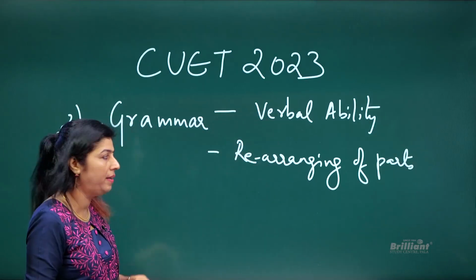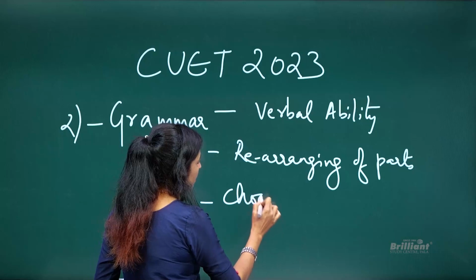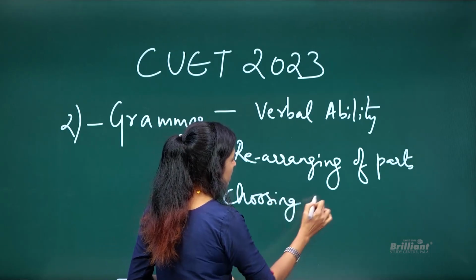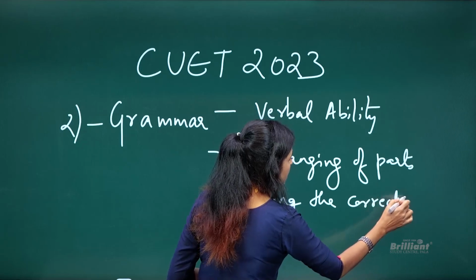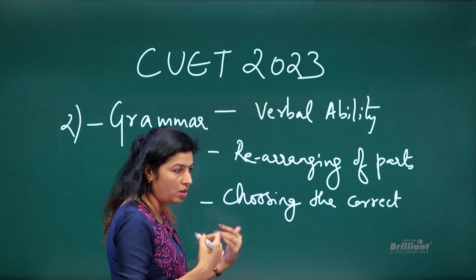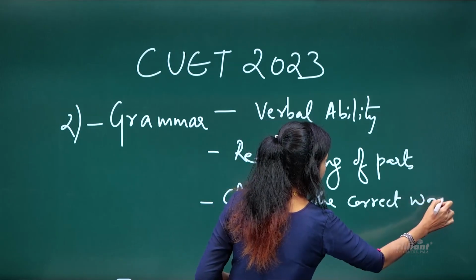Okay, I'll explain. Then the third type will be choosing the correct word. Correct word in the sense those words will be pronouns or prepositions or conjunctions or any such words related to